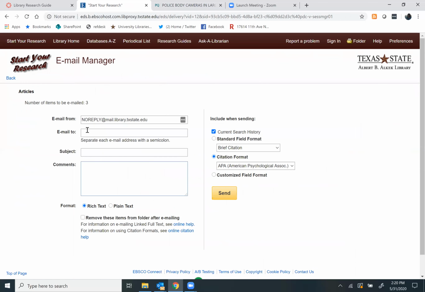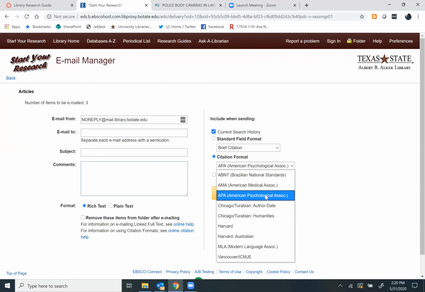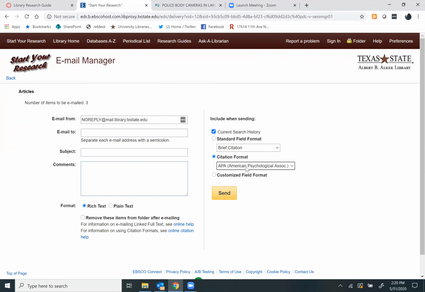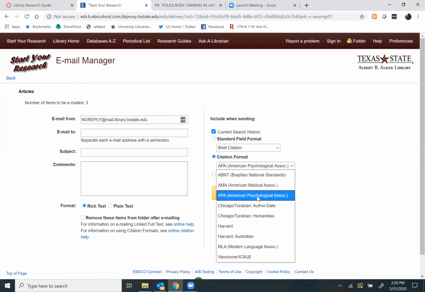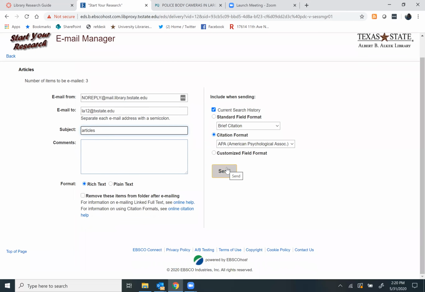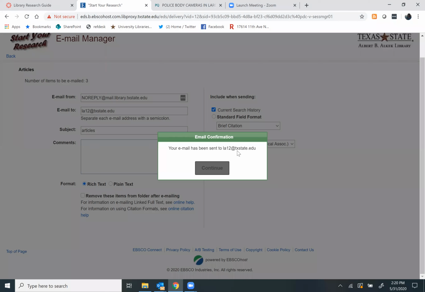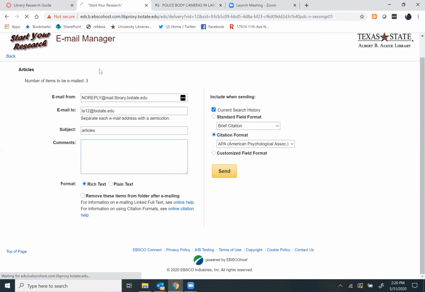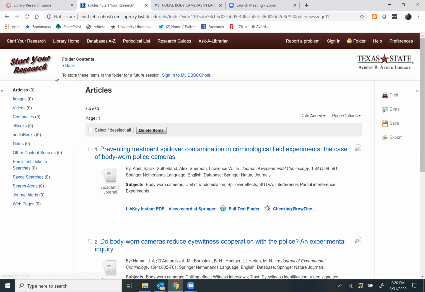You've got to select the 3 that are going to be emailed. APA is the default, but you can choose other formats as well. Basically, you just enter your email address. You can add articles, and then you can hit send. And then it gives you a little confirmation. You can also, if you go back,